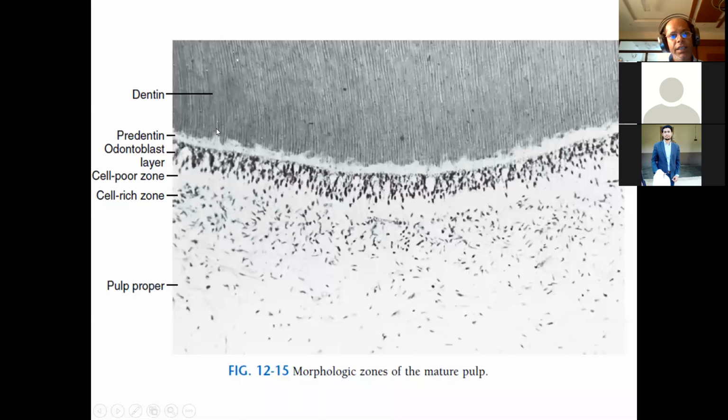Here you can see the dentine, the pre-dentine, and the odontoblast cell layer. This is the odontoblast cell layer, and under this layer there is the subodontoblast cell layer. Then under this layer there is what we call the cell-free zone. There is no cell present, only collagen and blood vessels. Then the cell-rich zone, which has cells other than odontoblast cells, mostly the fibroblast cells, which make the